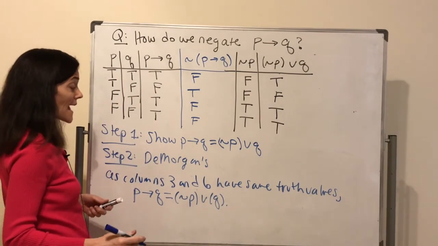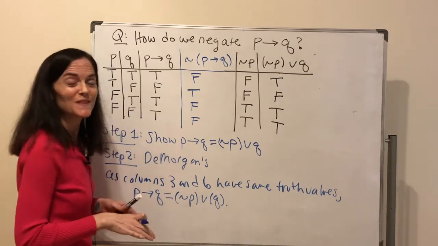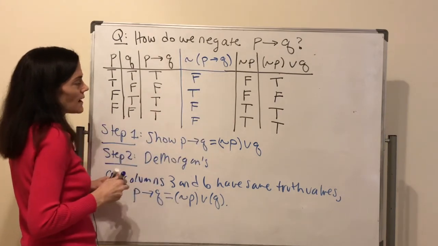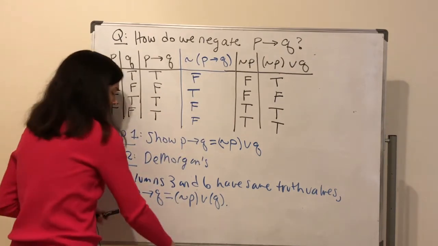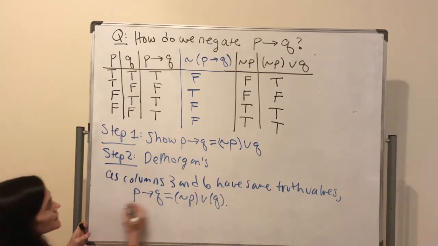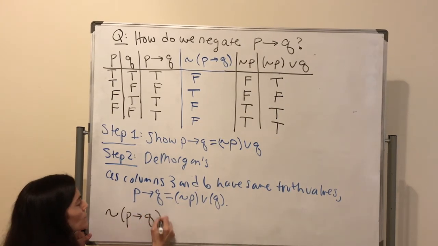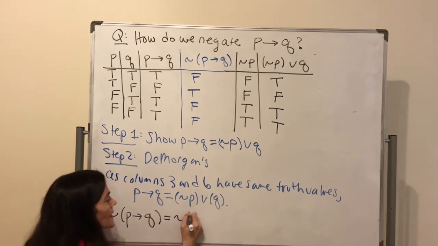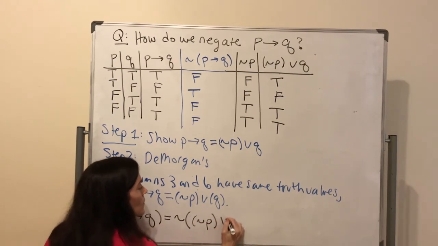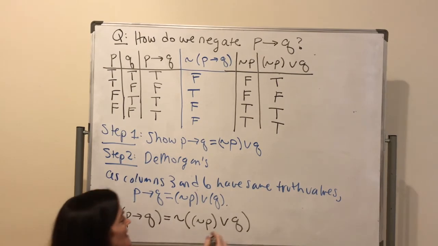Now that we have justified this and proved it with the truth table, I can just use De Morgan's, and I will know exactly what not (P implies Q) is. We will do it here. Not (P implies Q) is not (not P or Q). Okay, now you see it's De Morgan's. This would be,